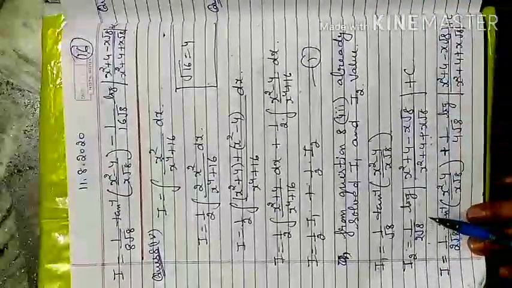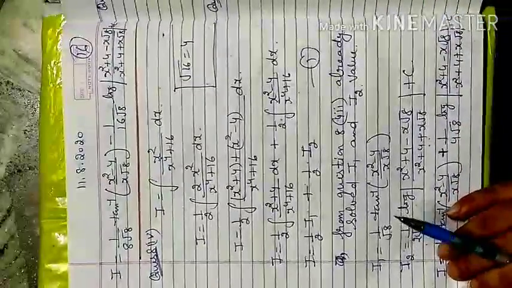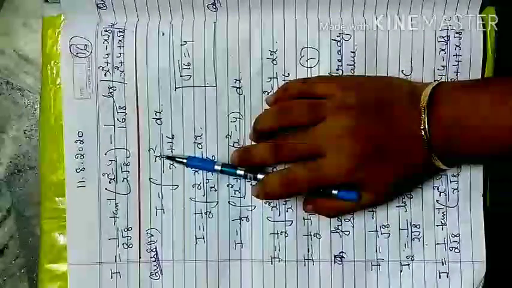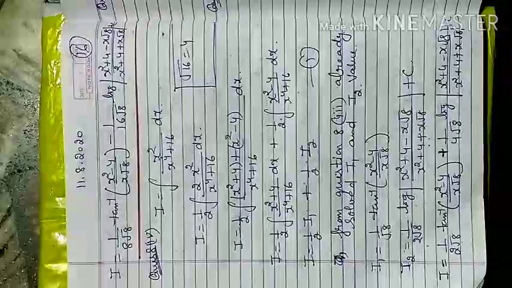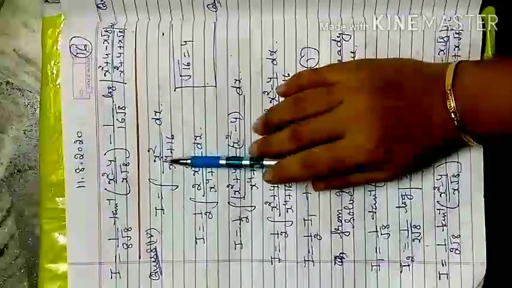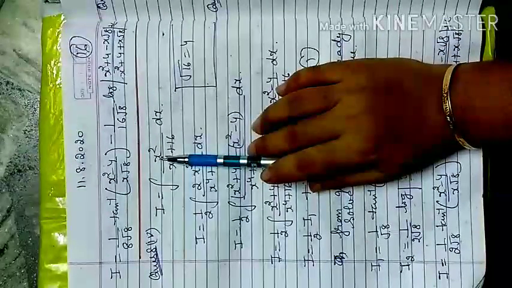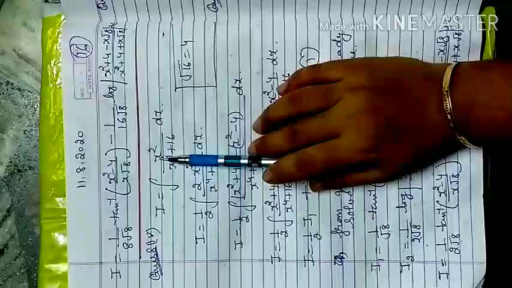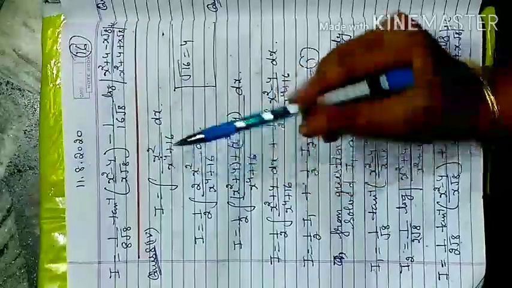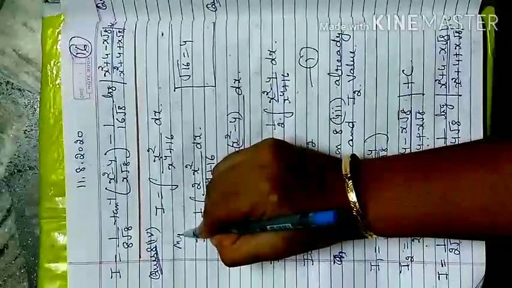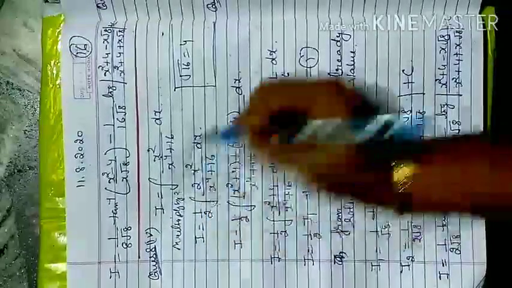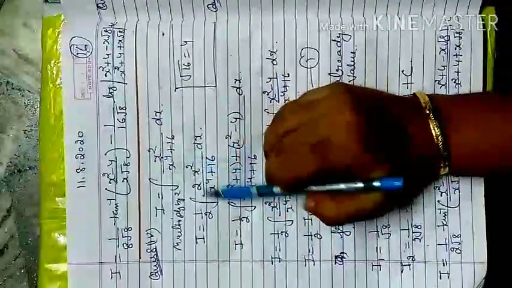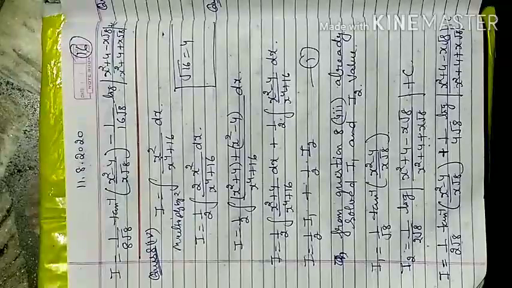Next is the 8th question, 4th part. In the 3rd part nothing is written in the numerator, so you consider it as 8. But here we can't consider it as 8, because we already have 1 x square, but I need 2 x square to separate the terms. So I multiply here by 2 in the numerator and denominator. Now 2x square by 1 by 2.